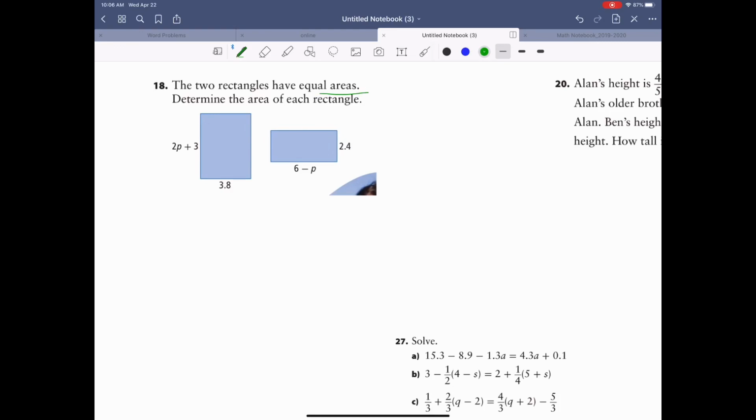Area is equal, so it's the same as the perimeter question. Exactly the same, just that's the area of this, and that's the area of this. Length times width, okay? When they're equal, use the distributive property, and then group the terms, and then you're done. Okay,